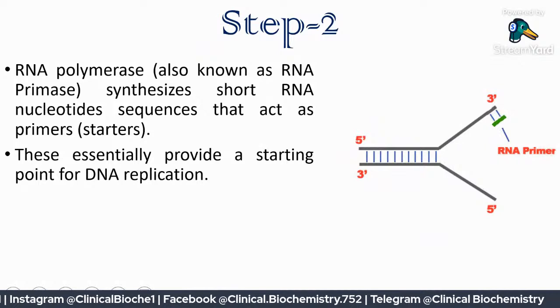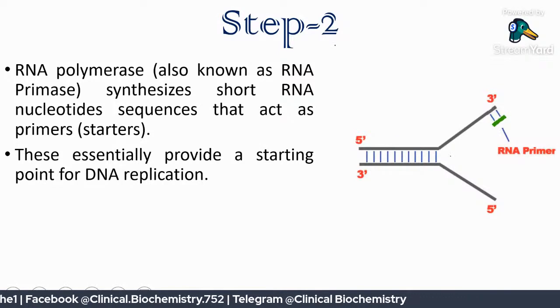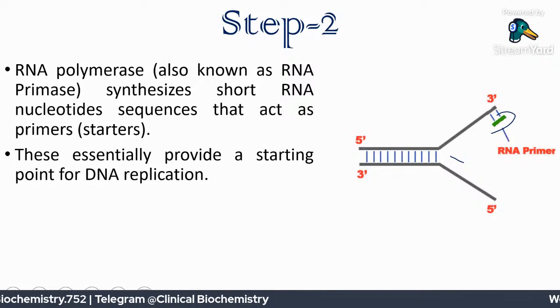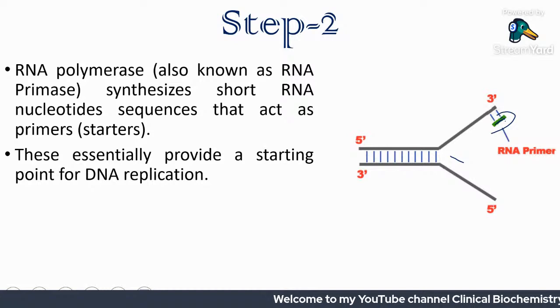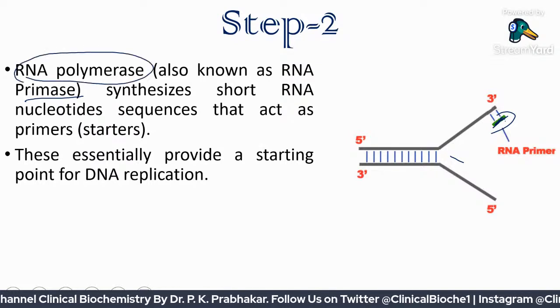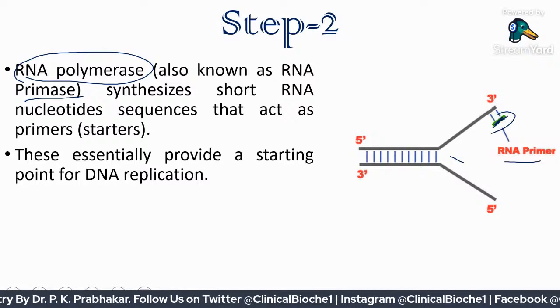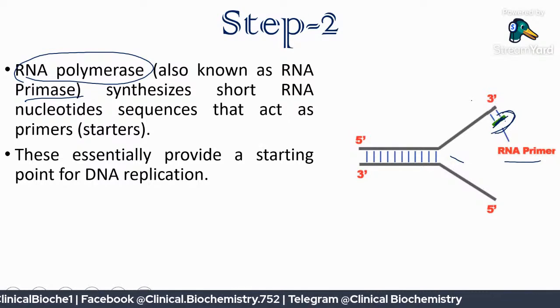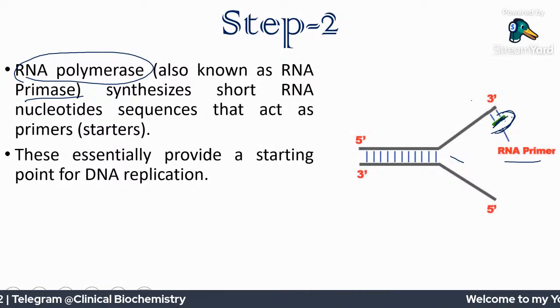इन स्टेप नंबर 2, अब ये टुकड़ा यहाँ है, जब आपके पास मान लीजिए ये डीएनए स्ट्रैंड था, यहाँ कुछ भी नहीं था, तो मैंने क्या बोला था, डीएनए पॉलीमरेज कैन नॉट स्टार्ट फ्रॉम द जीरो। तो यहाँ डीएनए पॉलीमरेज शुरू नहीं कर सकता, तो एक छोटा सा टुकड़ा पहले चाहिए यहाँ। वो कौन बनाएगा? दैट इज ए प्राइमेज एंजाइम विच इज केमिकली आरएनए पॉलीमरेज। वो बनाता है छोटा सा टुकड़ा, जिसको बोलते हैं आरएनए प्राइमर। So in both leading strands also and lagging strands also, we are going to initiate RNA synthesis by a primase enzyme, that is chemically RNA polymerase, which makes a small fragment of oligonucleotide, that is called as RNA primer,